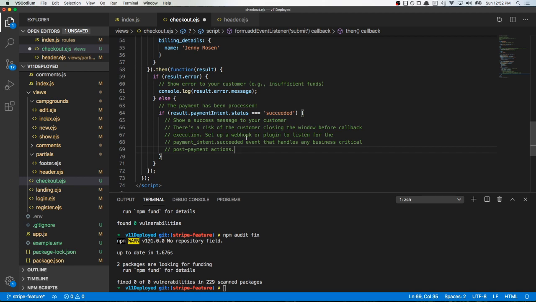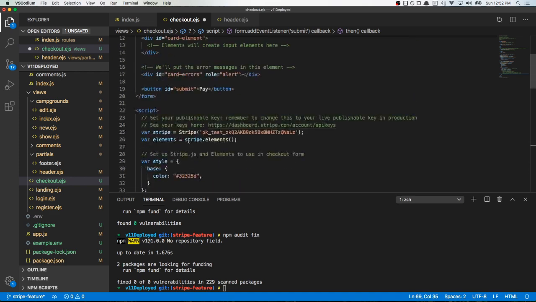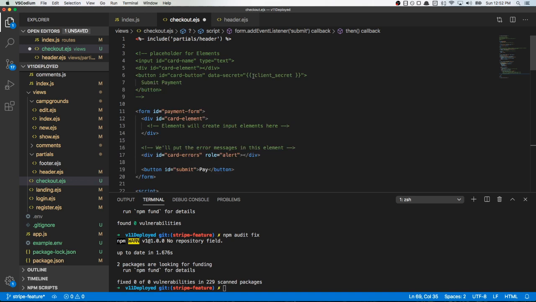At this point, we're kind of on our own to really make it work with our application. This is where many novice-level developers would possibly run into some issues, because you're like, okay, how do I go from the tutorial, which is agnostic of YelpCamp, so it doesn't know what we need to do exactly to integrate it, to getting this working? So that's where we're going to step in here and get things working. Now, this is saying that we have a client secret that's being passed in. This is handlebars syntax, and